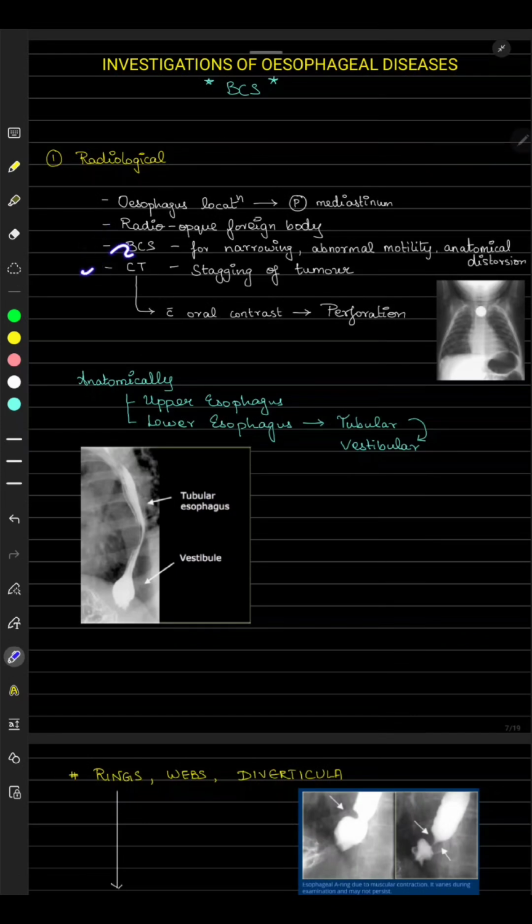CT, we can take an X-ray, but the problem is the esophagus is located in the posterior mediastinum. Therefore, an AP view wouldn't be appropriate for the esophagus. One condition where we could take an X-ray in AP and lateral direction is a radiopaque foreign body, and here